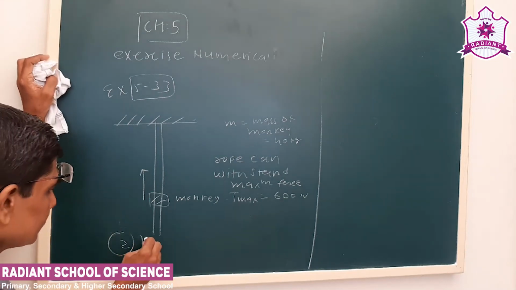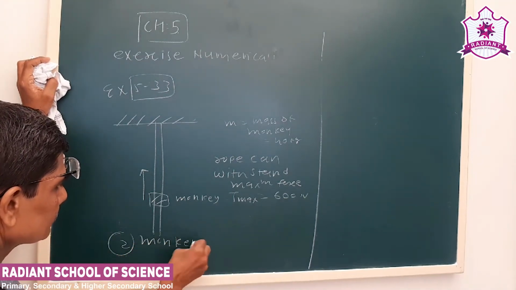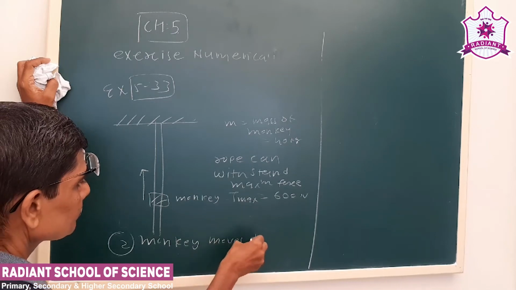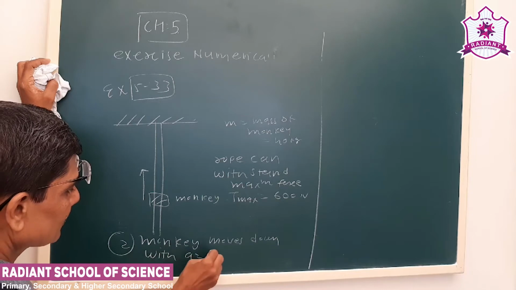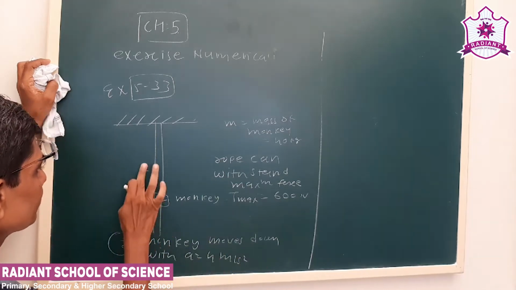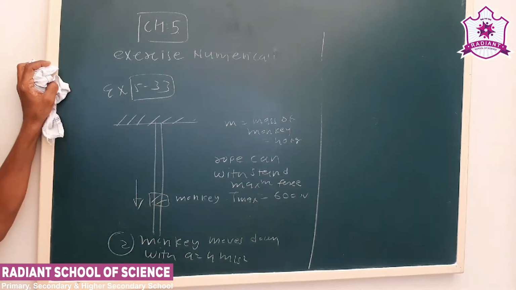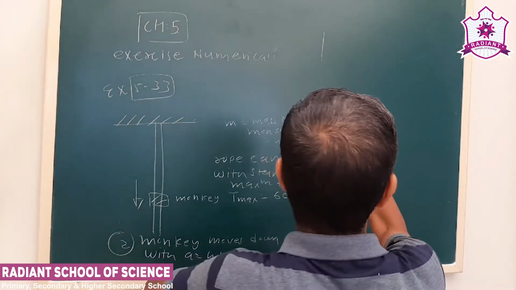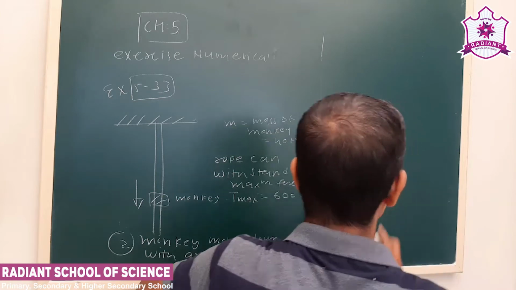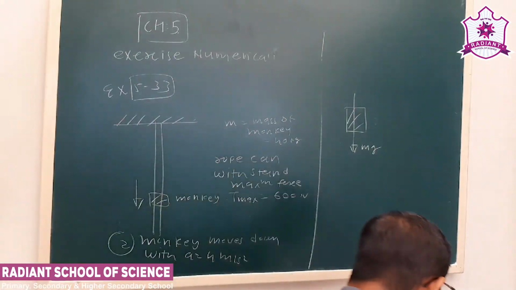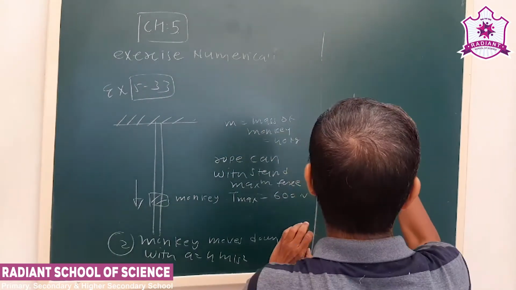It moves down with an acceleration of 4 meters per second squared. Now see here the acceleration is this. Now again we consider the free body diagram. The monkey's weight is mg. See here the acceleration,